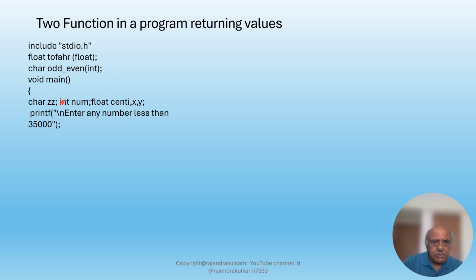So in the main, we have declared char zz, then int num, float centi, x and y, these variables. Then the program prompts the user to enter any number less than 35,000. That number is assigned to the variable num